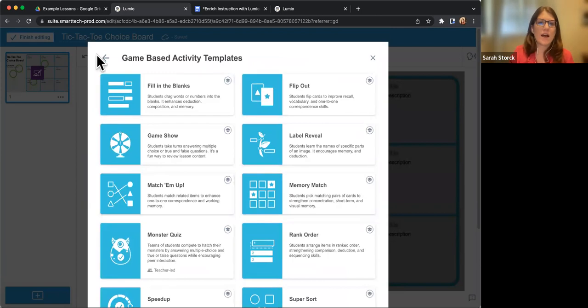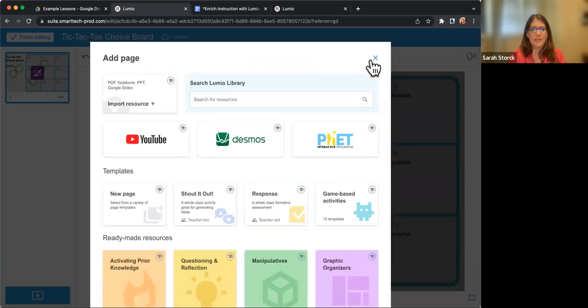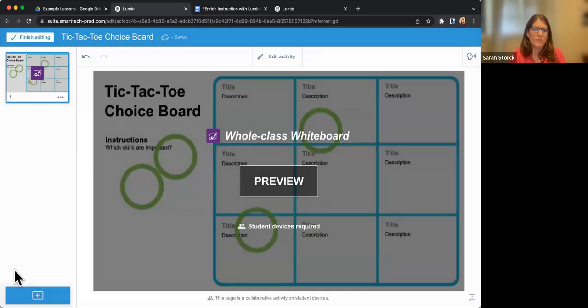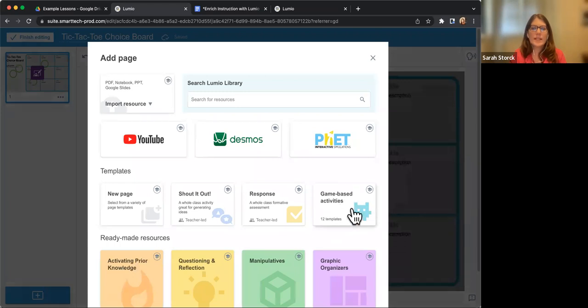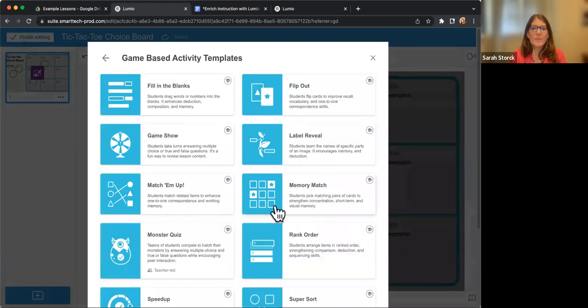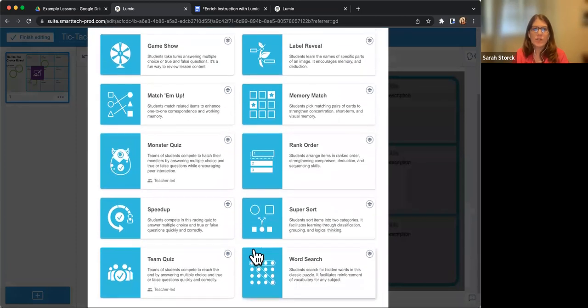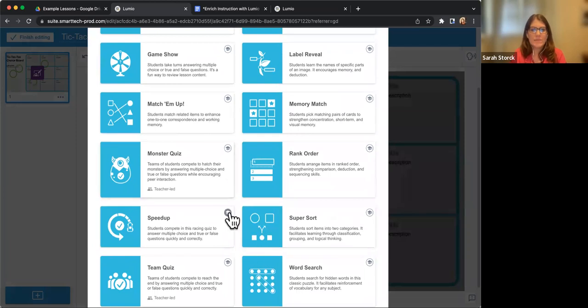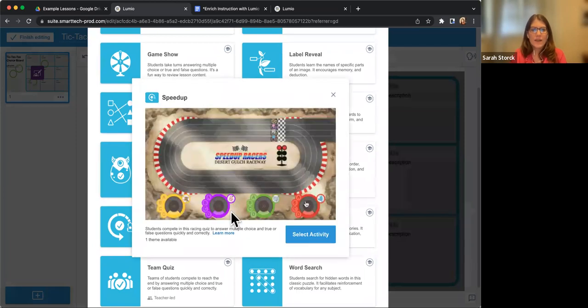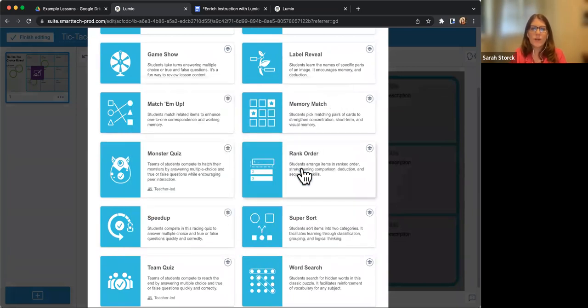So again, let me just hop back here in case I'm clicking too quickly. I'm going to go through these steps just one more time. I'm going to click on the plus sign in the bottom left-hand corner. I'm going to click on game-based activities. And I'm going to find rank order. Again, many different games. So I would encourage you, if you're interested in building some games, you do get the little hat there that you can see just a quick preview of what that game looks like. But if I click on rank order,